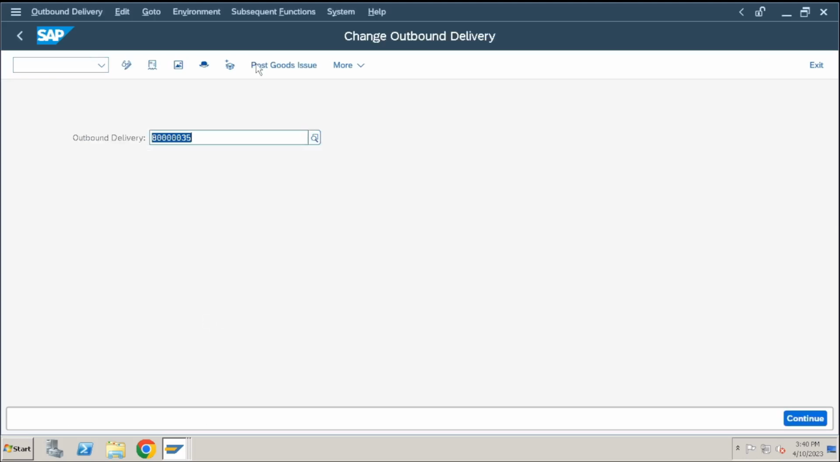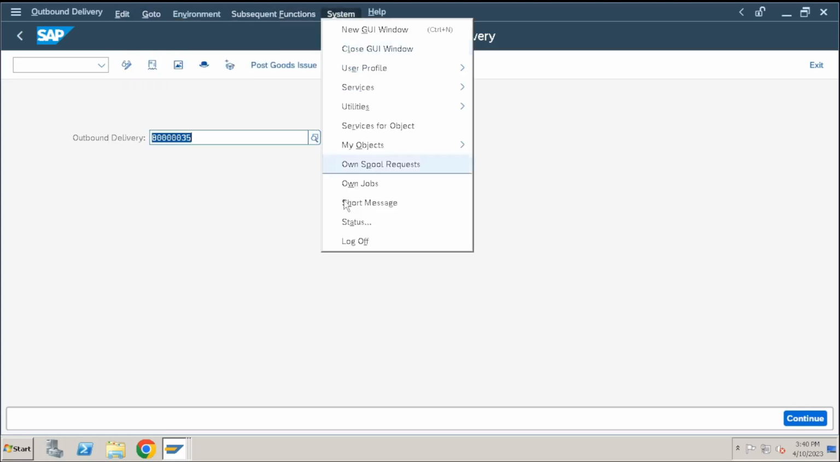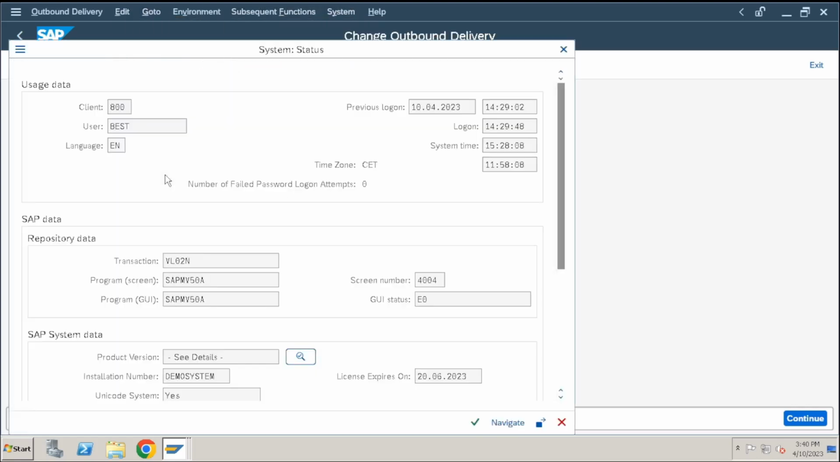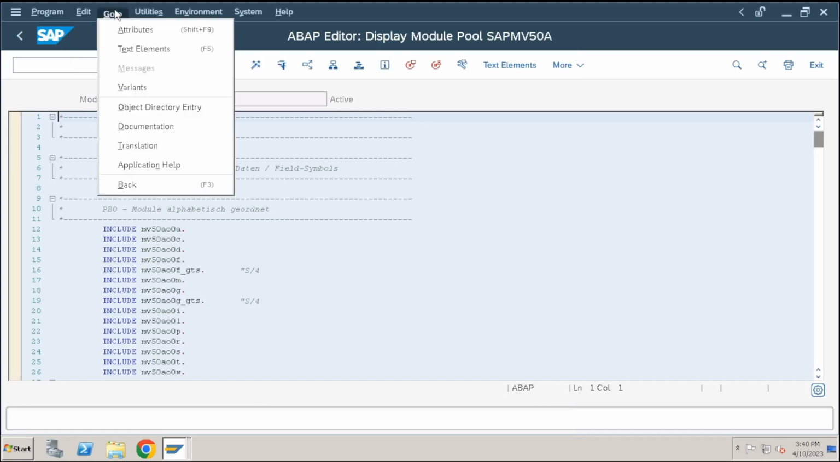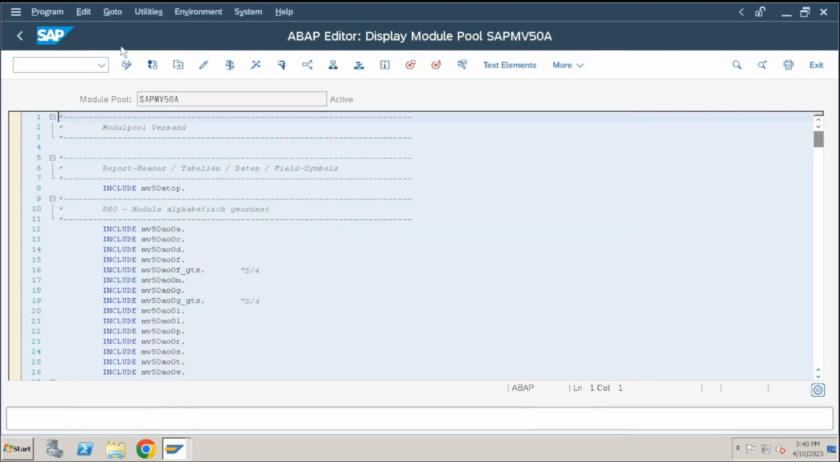I'll open VL02N, change a delivery document. But mostly 1, 2, 3 transactions will contain common user exits or customer exits. Go to System, Status. You know the alternative way to find the program name in SE93. Go to the program. If you go to attributes of this program, you can find the package name. Go to attributes, copy the package name, go to SMOD,